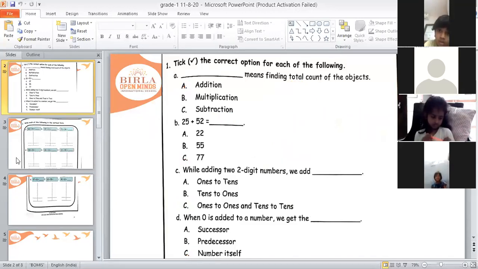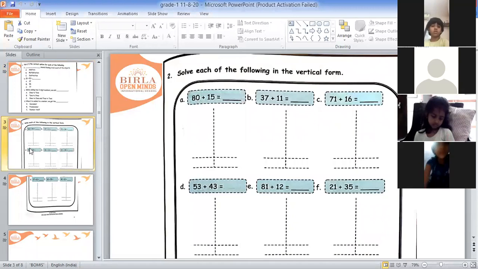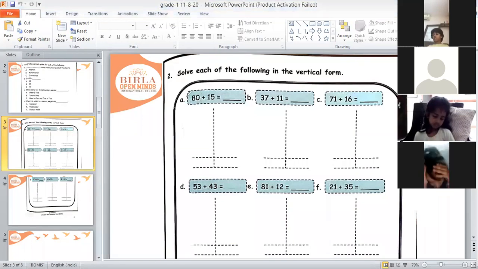Okay, so now we'll come to page number 41. Now what we have to do here, we have to arrange these numbers in these columns in ones and tens columns. We have to make a ones and tens column, children, and then we have to add these numbers. Again I'll repeat, we have to arrange these given numbers in ones and tens columns, and then we have to add. You all can see here in every bit there are 2-digit numbers.